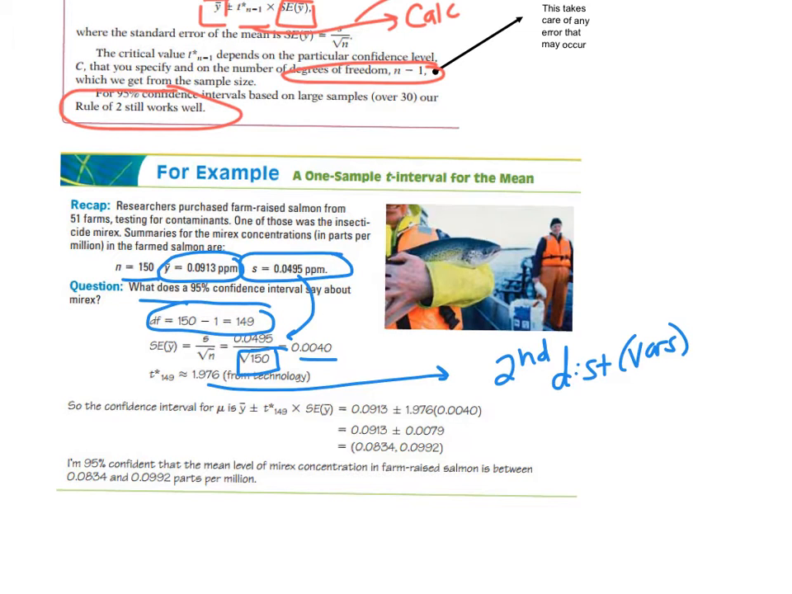Anywho, second distribution, vars. You want to go to what says inverse t. On mine, it's number 4. Okay, what you're going to see is either area, degrees of freedom, and then paste, or you'll just have parentheses. If you just have the parentheses, just type in the numbers and put a comma in between. Our area is going to be